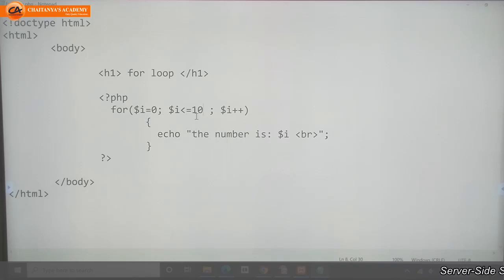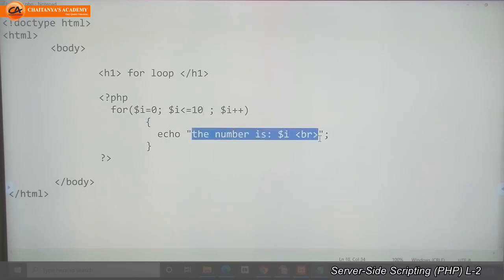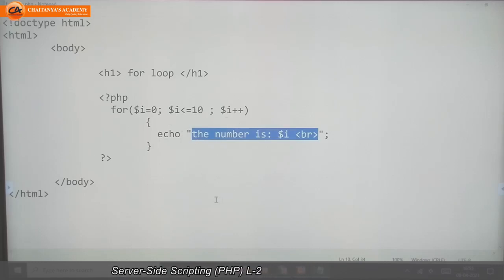For loop we use to execute the same line of code again and again, till our condition is satisfied. The foreach loop we use in the case of arrays. In the next session, we will see what an array is, what the types of arrays are, and how to use the foreach loop to traverse the array.